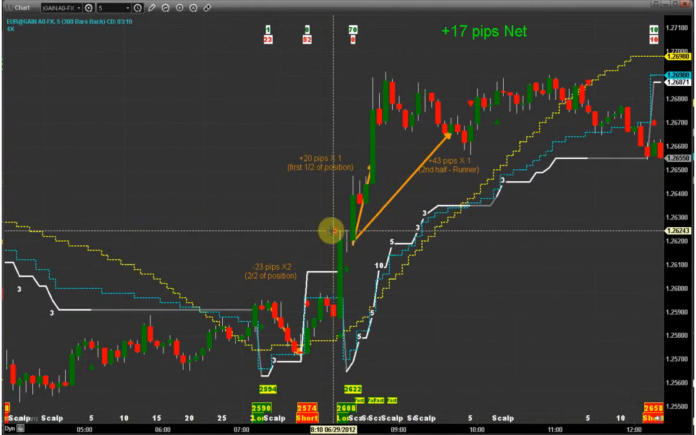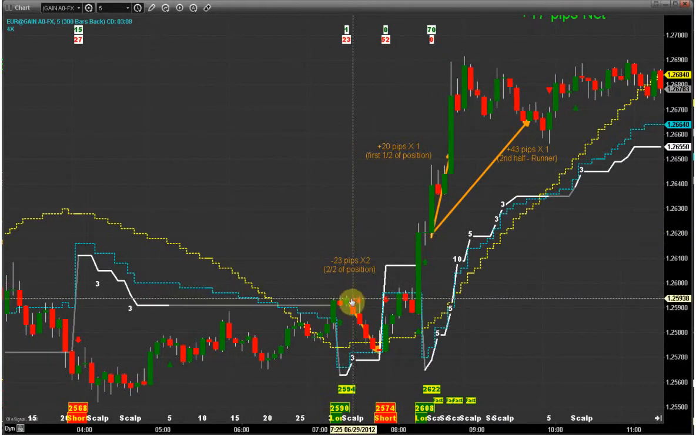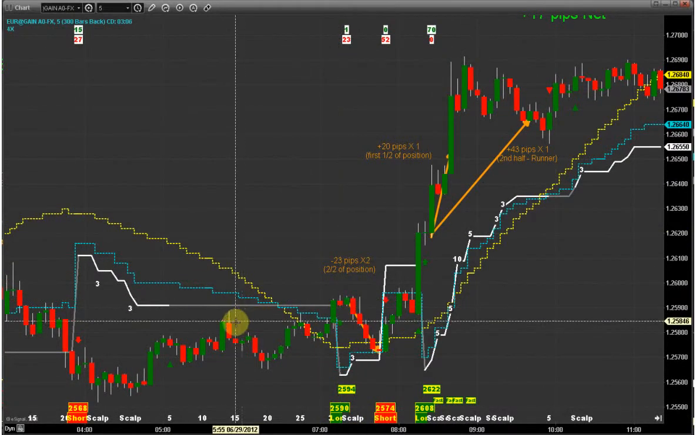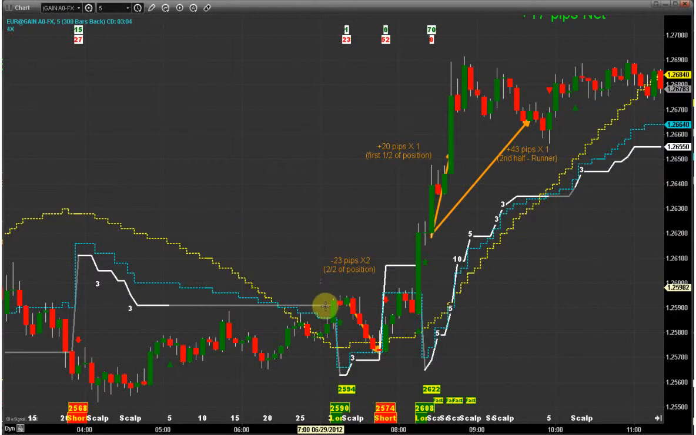The euro today netted 17 pips. It had a short here. This is a long move for the euro today. Okay, so taking shorts was just not smart. I told everybody in the room last night to not take any shorts on the euro. Now this short here that happened was